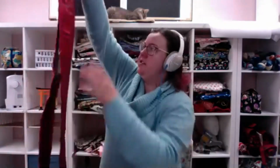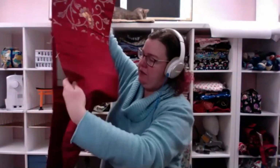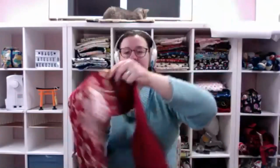So as I said, I've deconstructed this. When we come home, they are typically folded in half on this end. And then as you can see, the fabric or the print actually starts here. And then this would be the part that's actually tied partially around your waist and then used to make the bow itself. So when we come home, I do pop the stitching on that